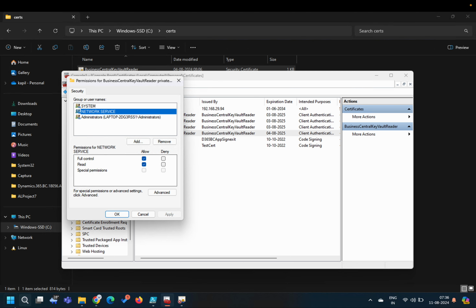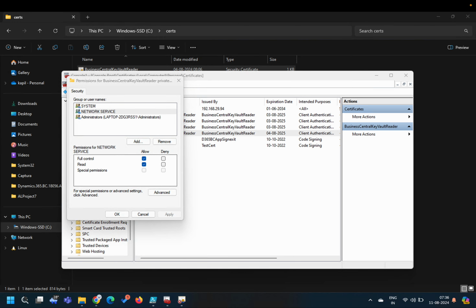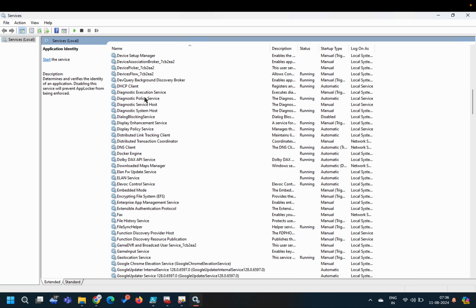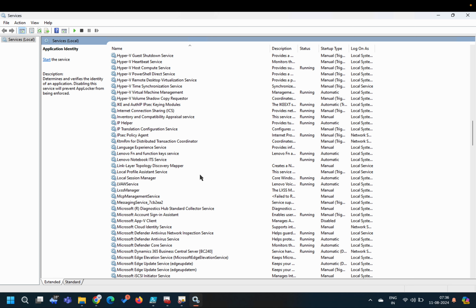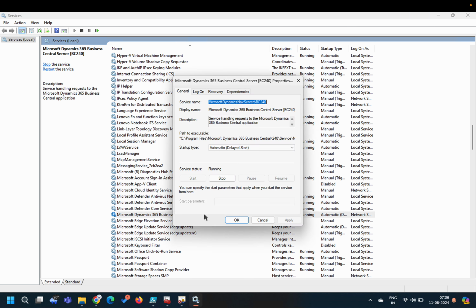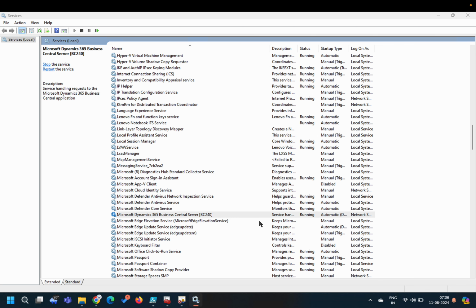Open the services section here and check your Business Central on-prem service. This is my Business Central on-prem service, and it is currently running with the network service account. So we have to identify which account my Business Central service is running against, and whatever account it is running on, you just have to add that account into